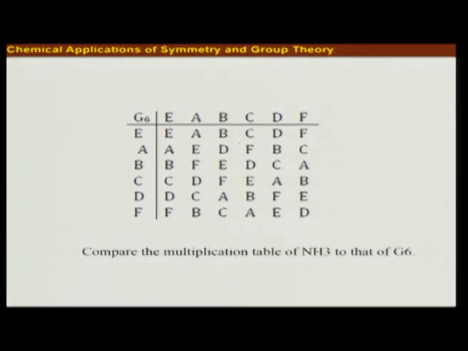Similarly you can find out what is G5, and you can also find out about G6. On your screen right now is a group multiplication table for a group which has order 6. We call it a G6, but this is not the unique multiplication table that is possible for a group having order 6. You can form more than this. Another type of group multiplication table is possible, and you should try forming that group multiplication table yourself.